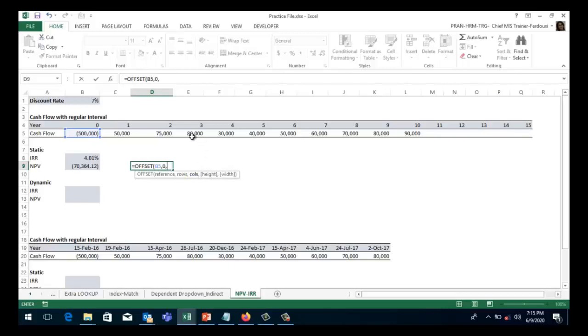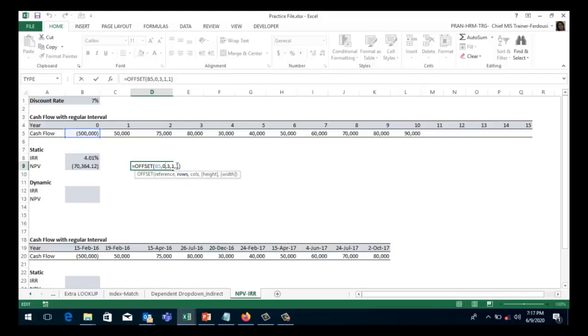If I need column number 3, 0, 1, 2, 3, that means 80,000, then 3, row height 1, this is row height 1, then column number also 1, then press enter. This is how we can use the OFFSET function.